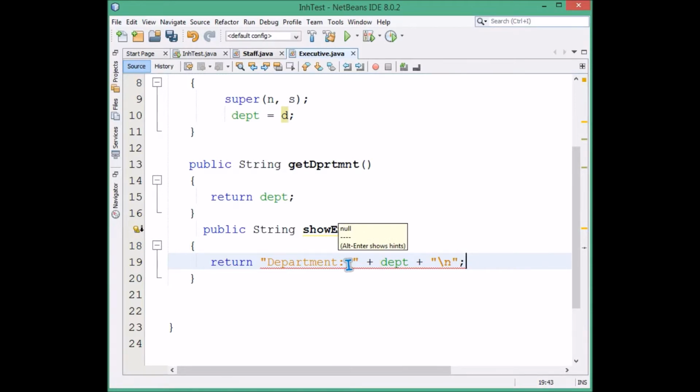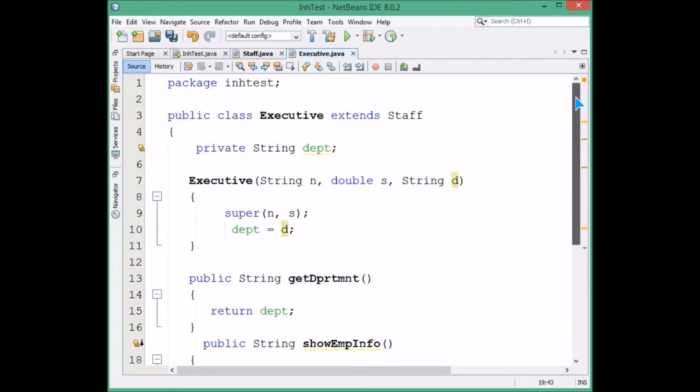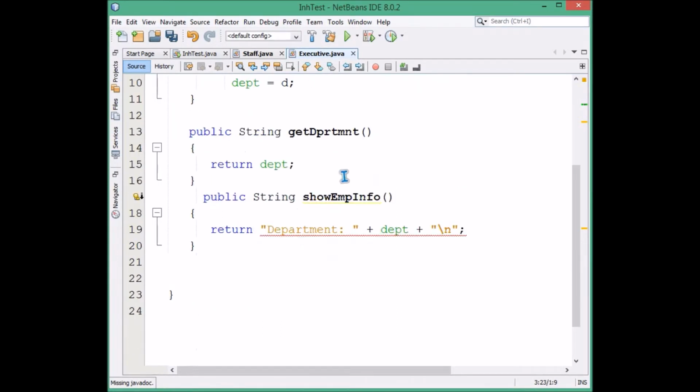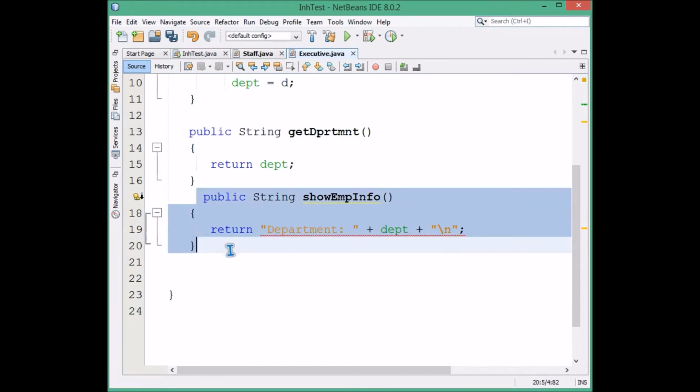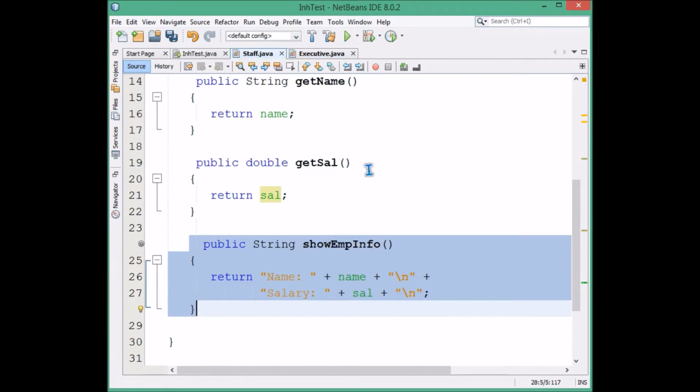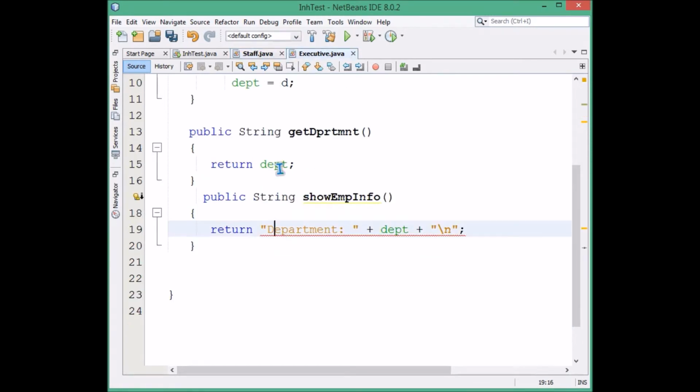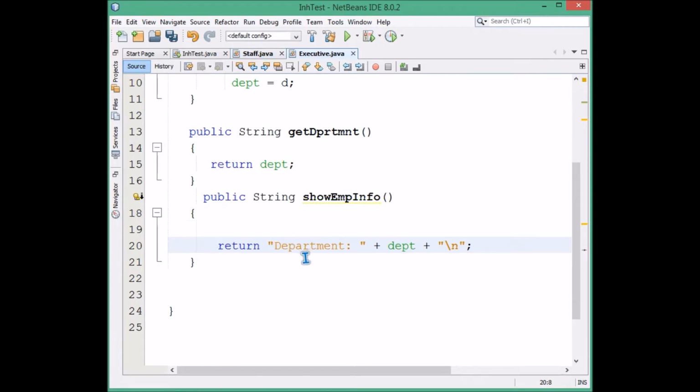Same name, and the compiler will be confused about which function should be executed. But since executive.java is now the class, this has been inherited, but this is the basic class which we are interested in. So this will execute this particular function, but no, we have this similar function here itself. So how to make the adjustment? The adjustment is by this. You make a certain string and use super.